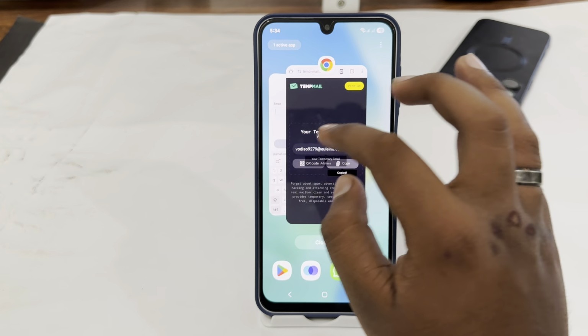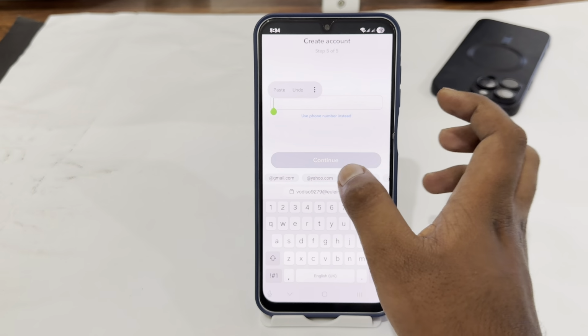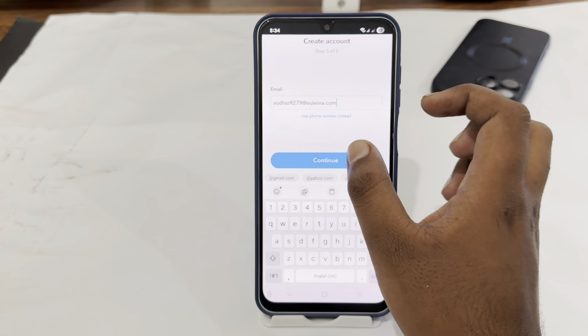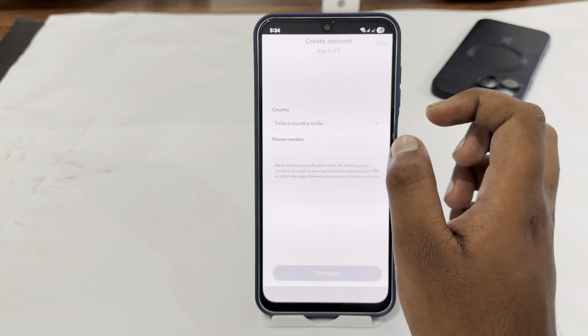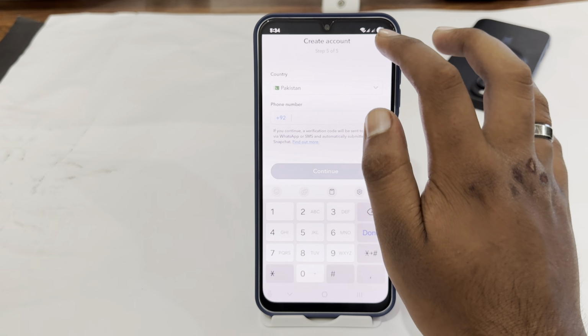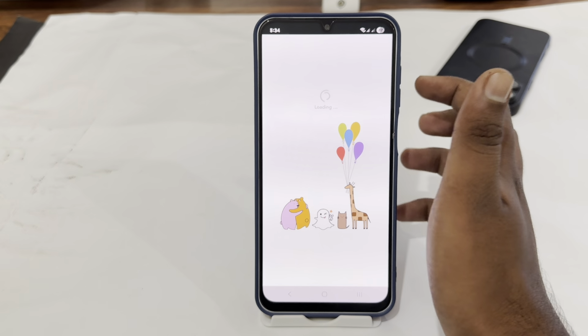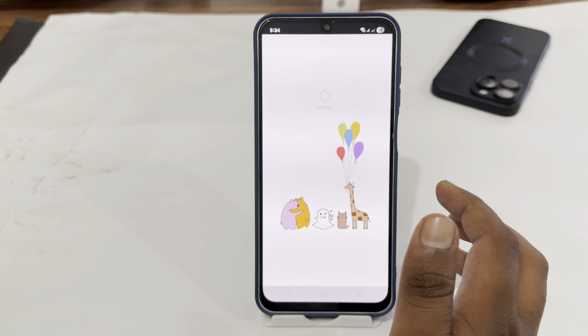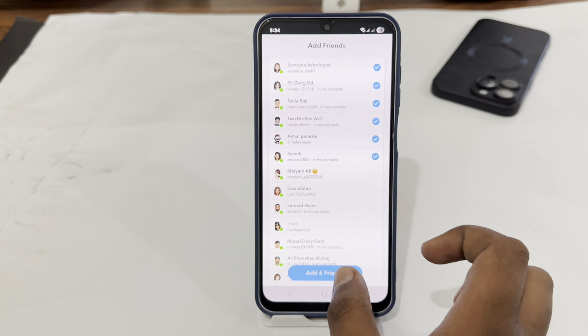Now just open your Snapchat app here, just paste the copied email, then tap on continue, and here just keep the enter your phone number option empty. So that's how you can easily create a new Snapchat account without using your